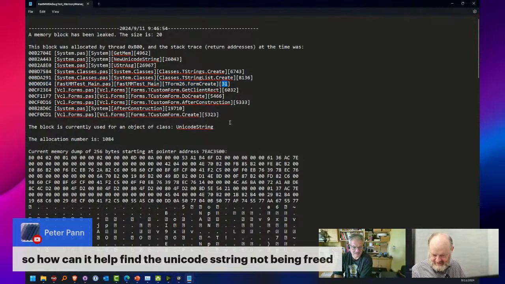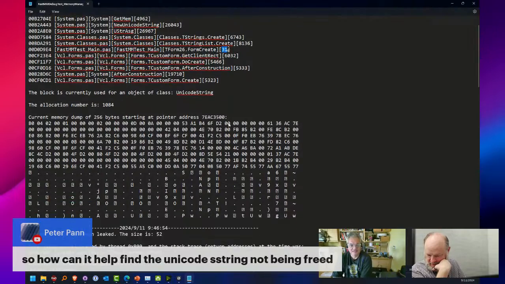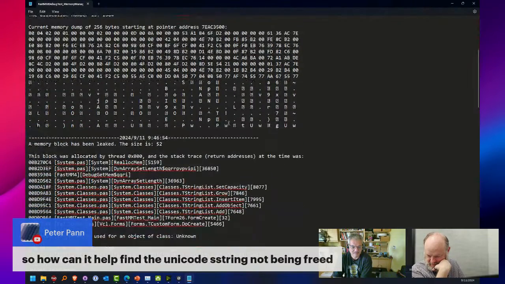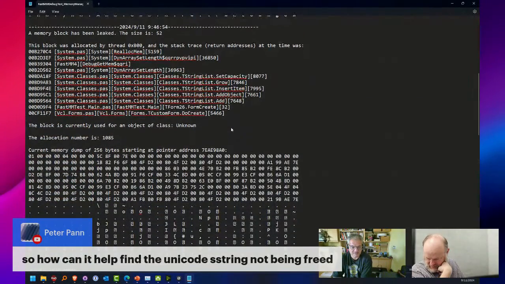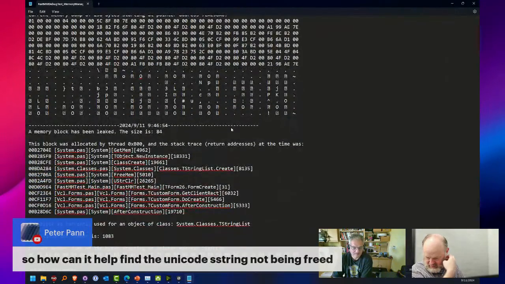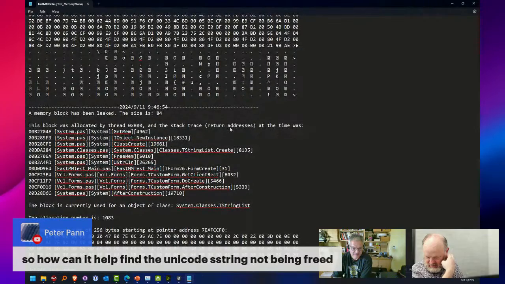A string that is not freed is typically part of some other structure, but it will show it nevertheless. So let's see. This was a block belonging to the string list when the string list grew. And so on.